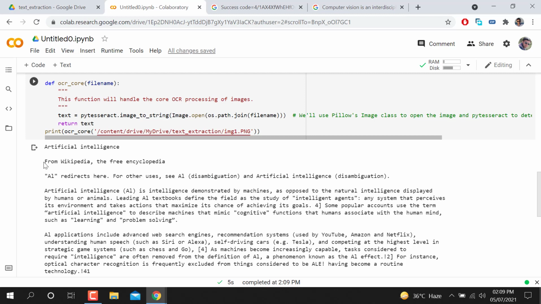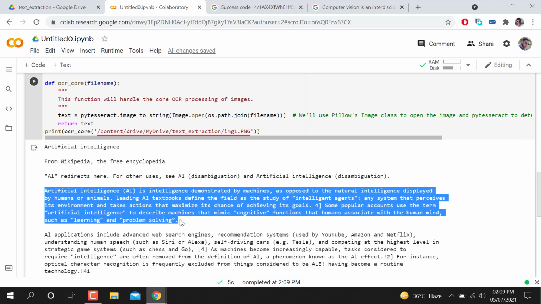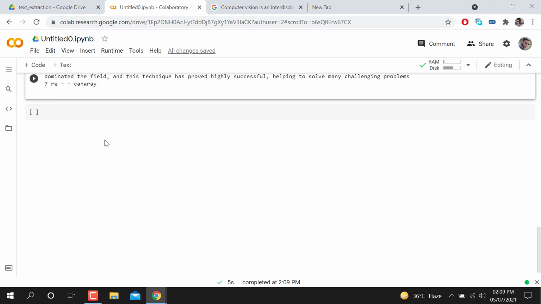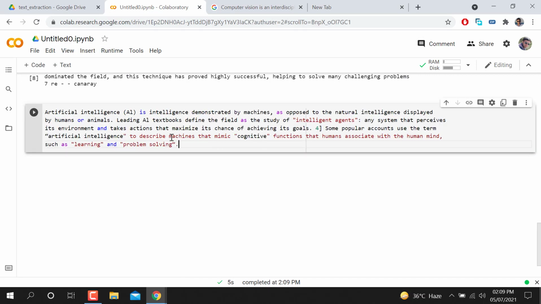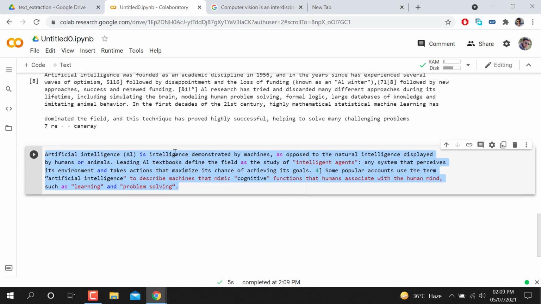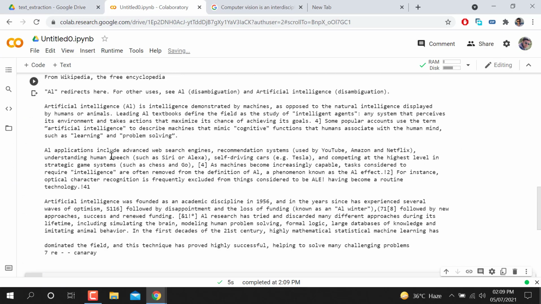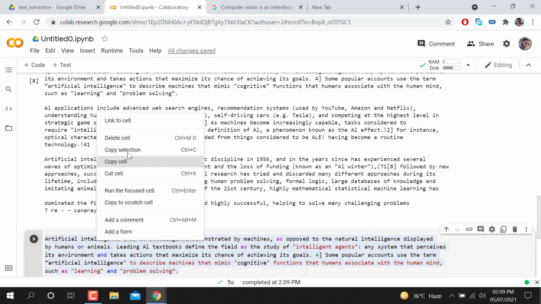So it's extracting the text, and I can simply copy it. I copy this, and when I paste it here, you can see this is the text. This is really awesome and nice. So we can easily extract any kind of text from any kind of image. I took two images to extract text and show you a demo.